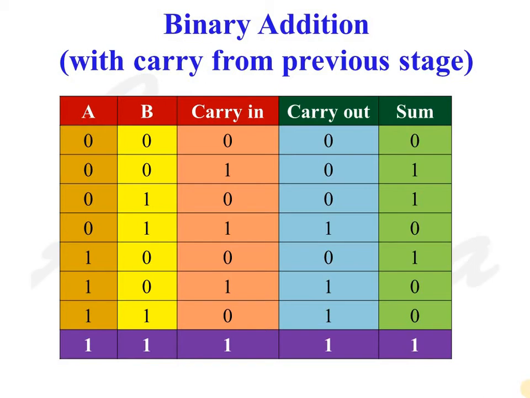When A is equal to 1, B is equal to 1 and carry in is equal to 1. Sum is equal to 1 plus 1 plus 1. 1 plus 1 plus 1 is equal to 3 in decimal number system, and binary equivalent of 3 is equal to 1, 1. That is how sum of the 3 bits A, B and C in is equal to 1, 1. So sum bit is equal to 1 with an overflow 1. Carry out is equal to 1.